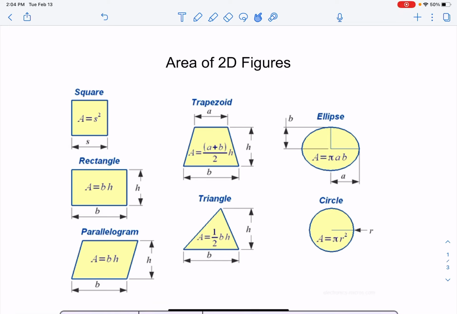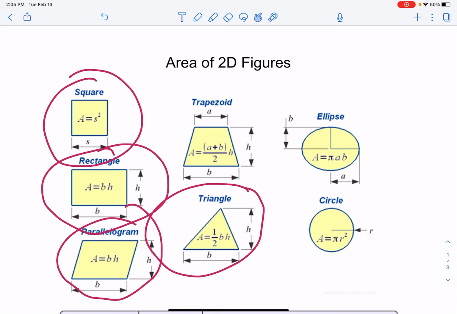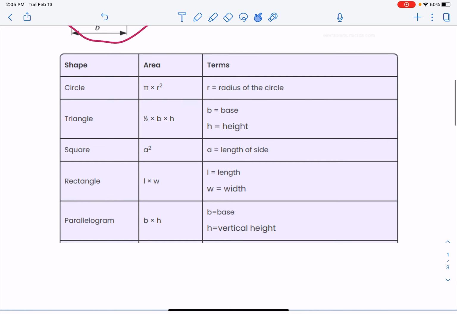Hello, today we are focusing on finding the area of 2D figures. Specifically, we're going to find the area of squares, rectangles, parallelograms, and triangles. So on your cheat sheet, we are focusing on